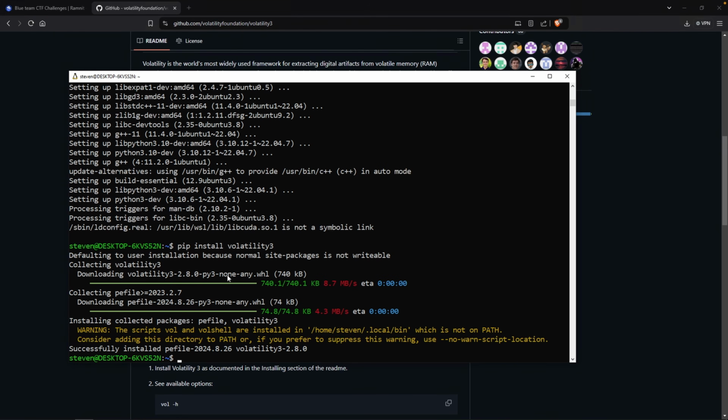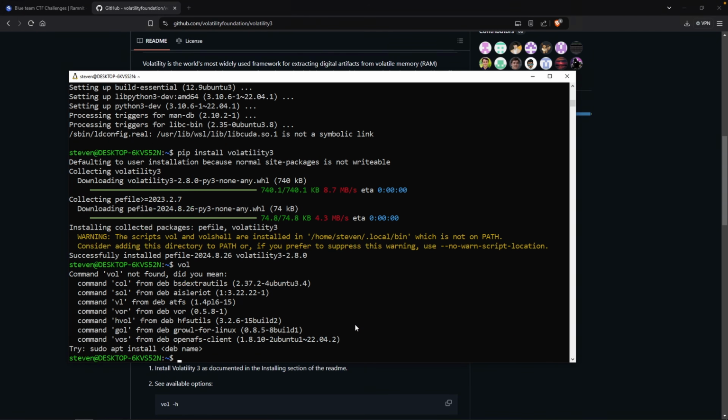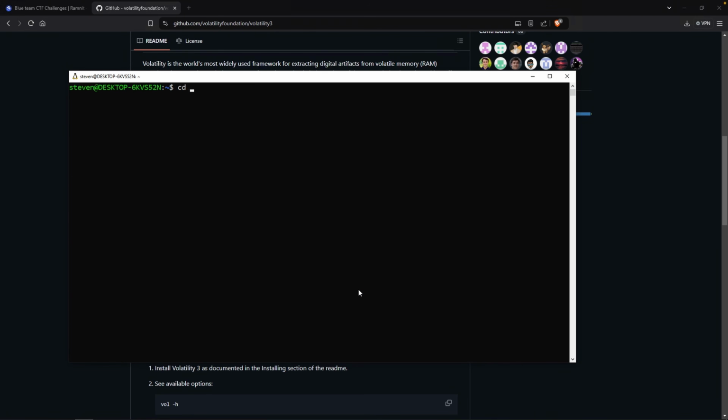Now we do have some warnings saying the scripts vol and vol shell are installed in the following directory, which is not on PATH. Consider adding this directory to PATH, or if you prefer to suppress this warning, use --no-warn-script-location. We can go ahead and ignore this for now. What this is essentially saying is that I can't just simply type in vol, because it would be like, what is vol? What I'll do is